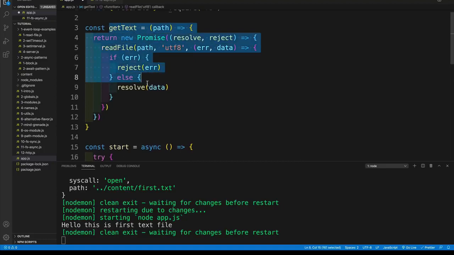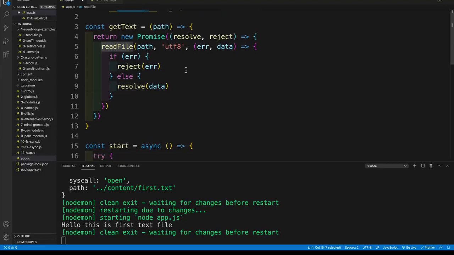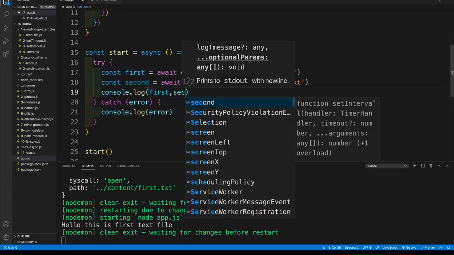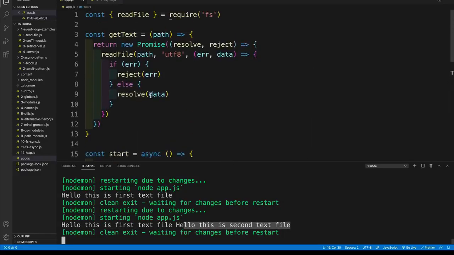Now, of course, you could say, well, the problem here is going to be that I'll have to write a new wrapping function to set it up as a promise. Because yes, we can of course read the file, but the functionality for the write file, again, we would need to wrap it. Don't worry, there's a way how we can get this actually out of the node. First, I would just want to showcase how much cleaner this already is, where I can just wait for first, second, like so, and now notice in the console, hello, this is the first text, and hello, this is the